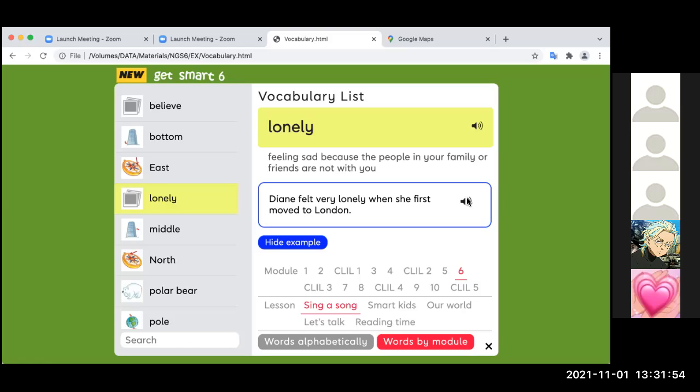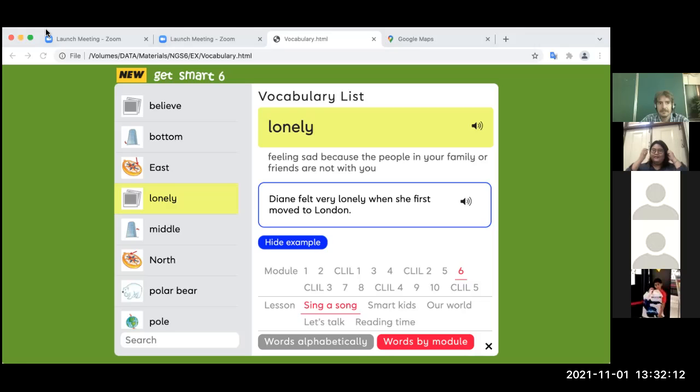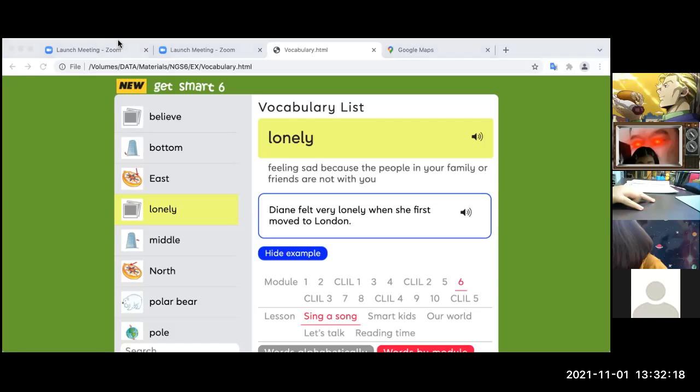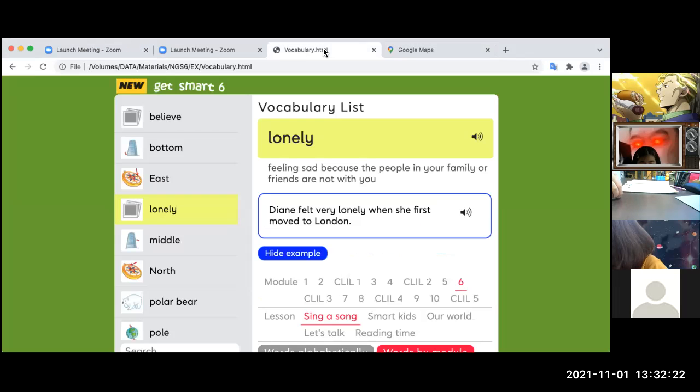Maybe something like that. What do others think? Believe is believe. It means to trust something, to follow something.